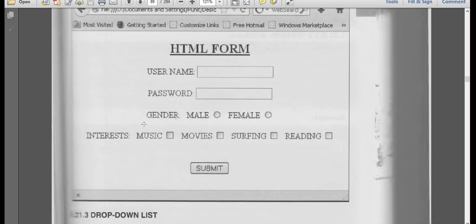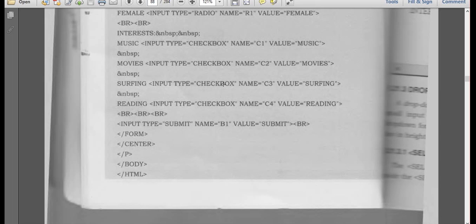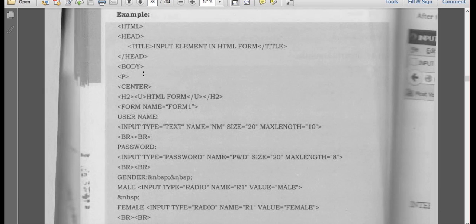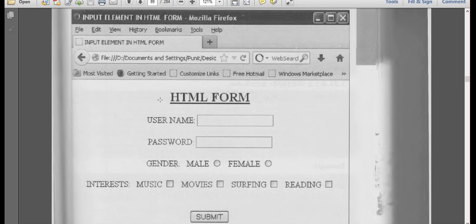It is not coming. So see here, this is an HTML form, it should be in the center with bold and underline. So see here, in the normal body, the HTML form he has written with the h2 tag and underline tag. In between these two he has written HTML form. So that's why it came in the middle.